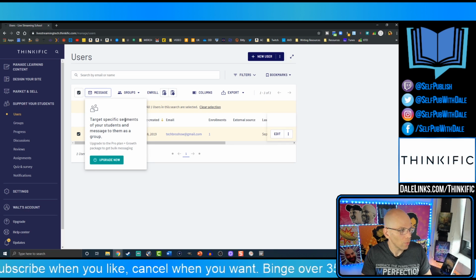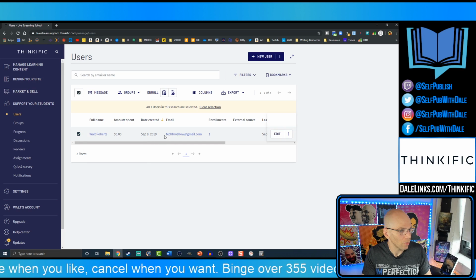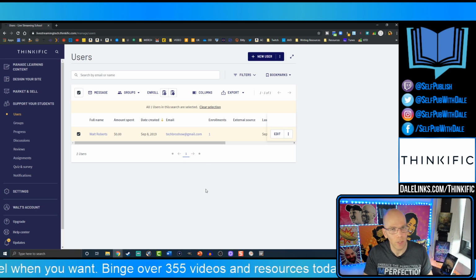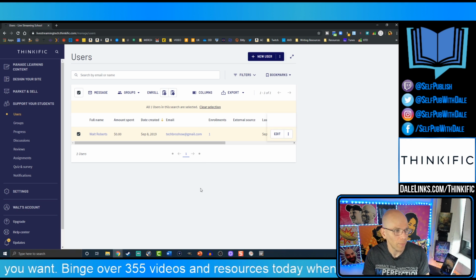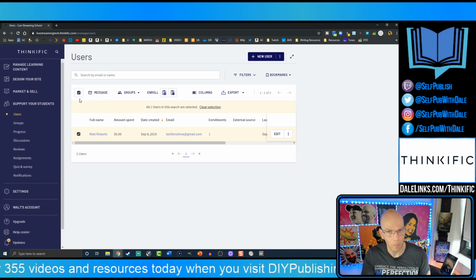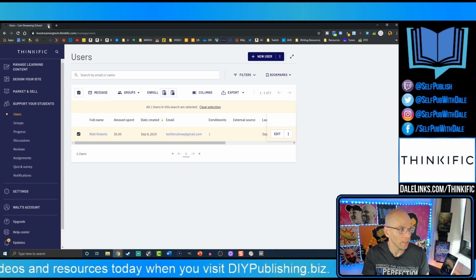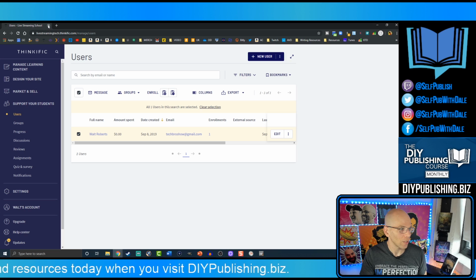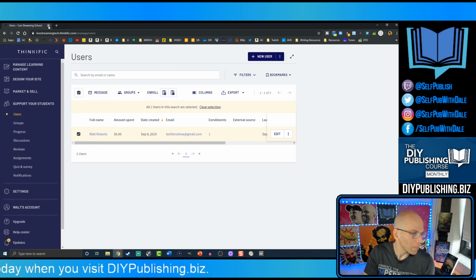Now, the free one, we can't do it. The nice thing is, though, if we have these emails and we've received permission, we can actually send out an email to them. But you've got to make sure that you have them agree to a privacy agreement. That's one nice thing about the Pro plan, is you will be able to have that ability to send it out to people. Again, I'd show it to you in my normal account, but I do want to protect people's identities and such. And I don't think my brother's going to be angry if I shared his email address.